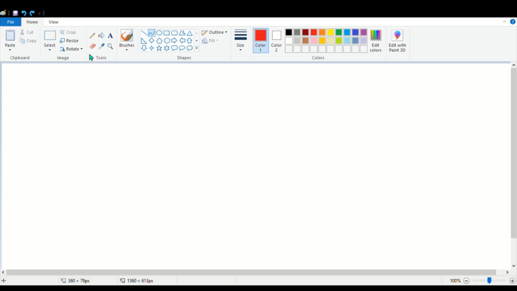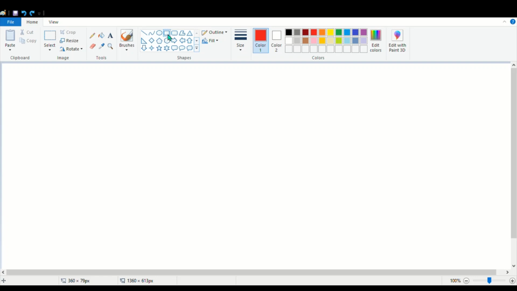Children, the next tool that we will learn is the rectangle tool. The rectangle tool is used to draw a square or a rectangle. So the fourth tool here, see, it is the rectangle tool. To select this tool, I will put my mouse pointer on the rectangle tool. I will do a left click and my tool will be selected.